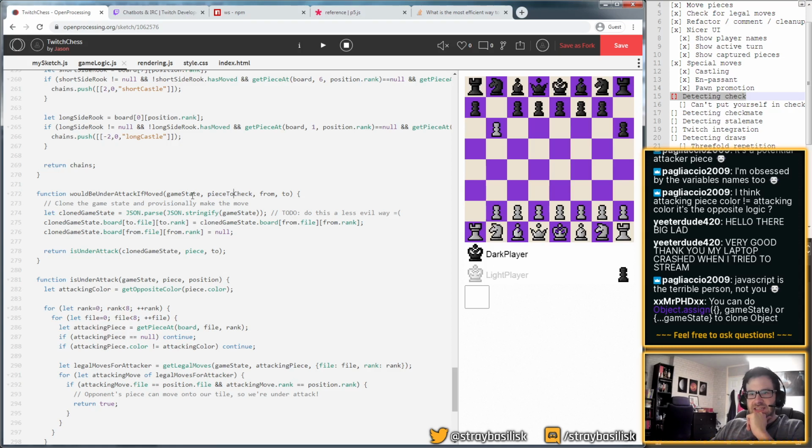So we can say piece moving from, a bit more verbosely, moving to.